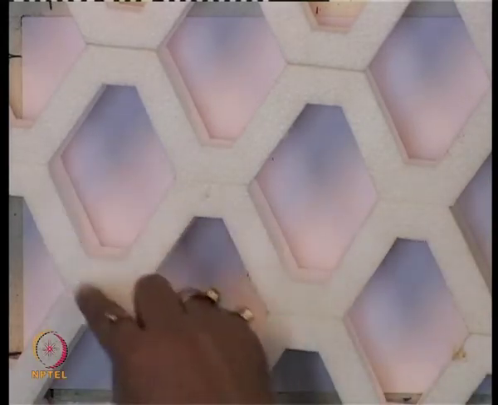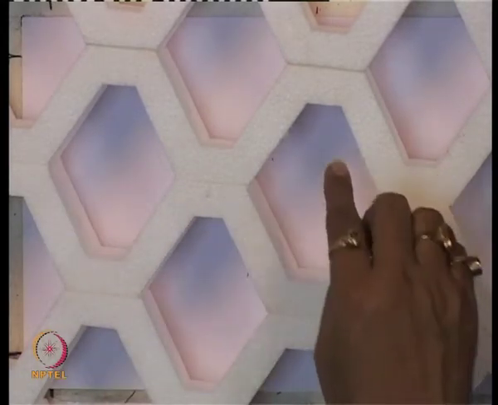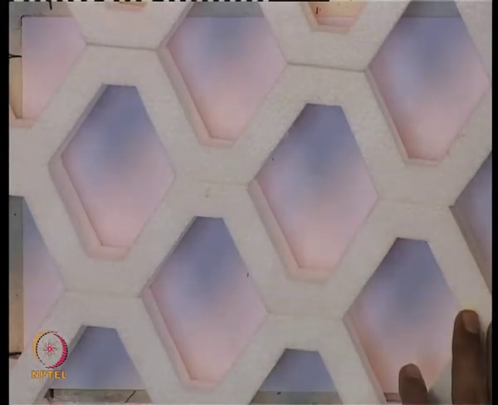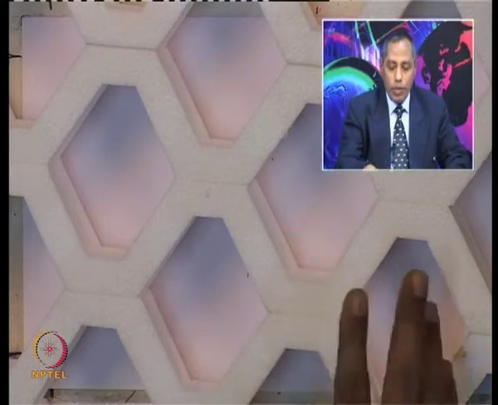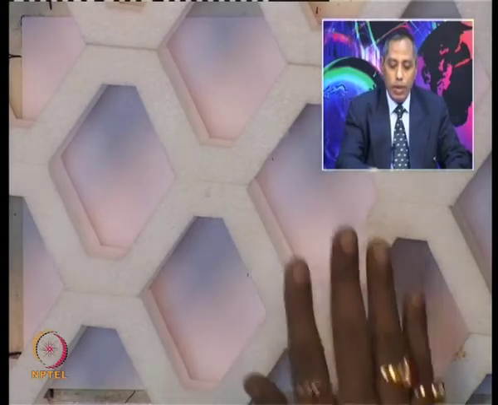A lot of research work is going on in this institute, using different configurations of the geofoam material, whether it may be the solid block, or the square form, or the hexagonal form.